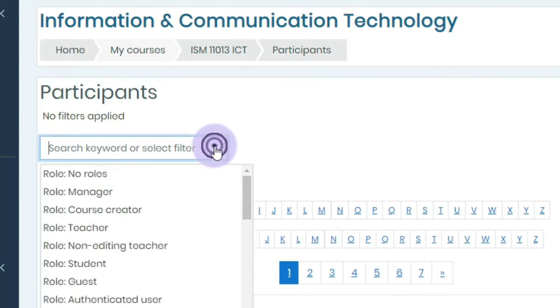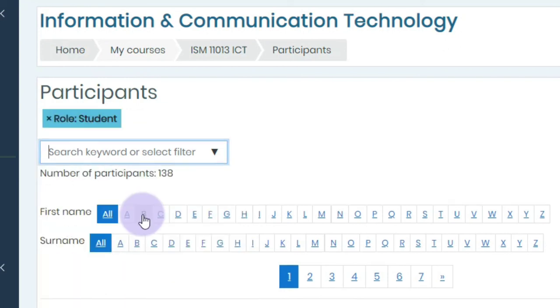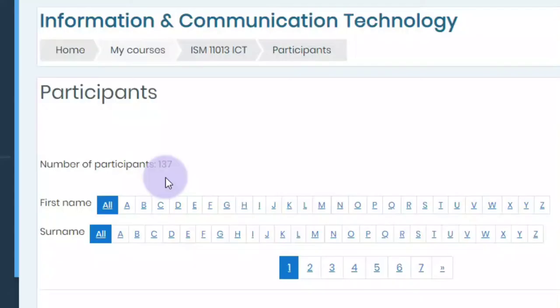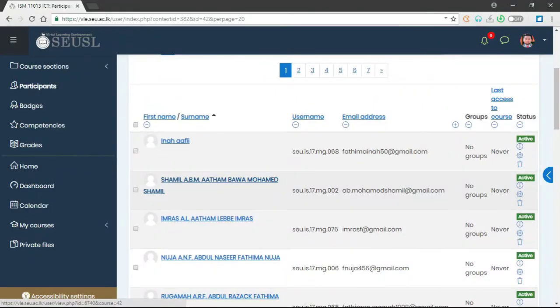Here you can use this combo box to apply the filters. Here you can see role student. I can click on this role student to get only the students. Now 138 changed to 137. And here you can see the students' details, their name, username, email address, groups and other details.